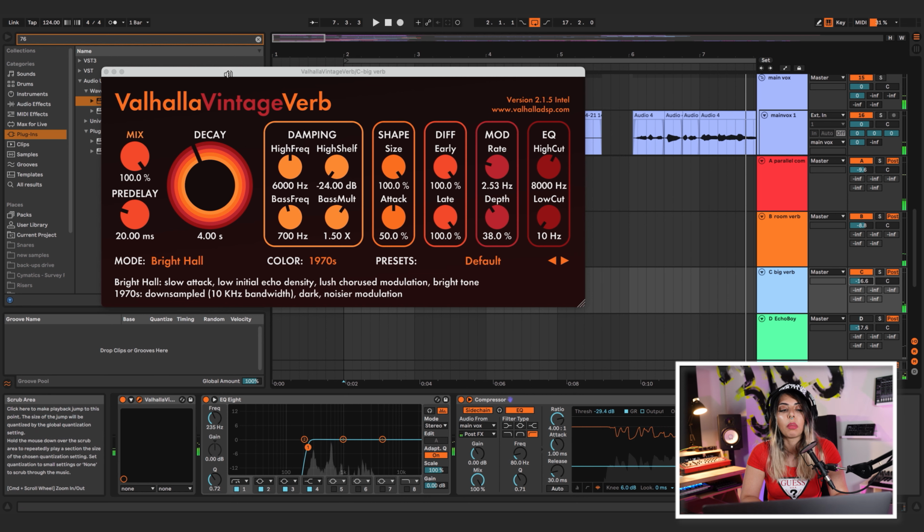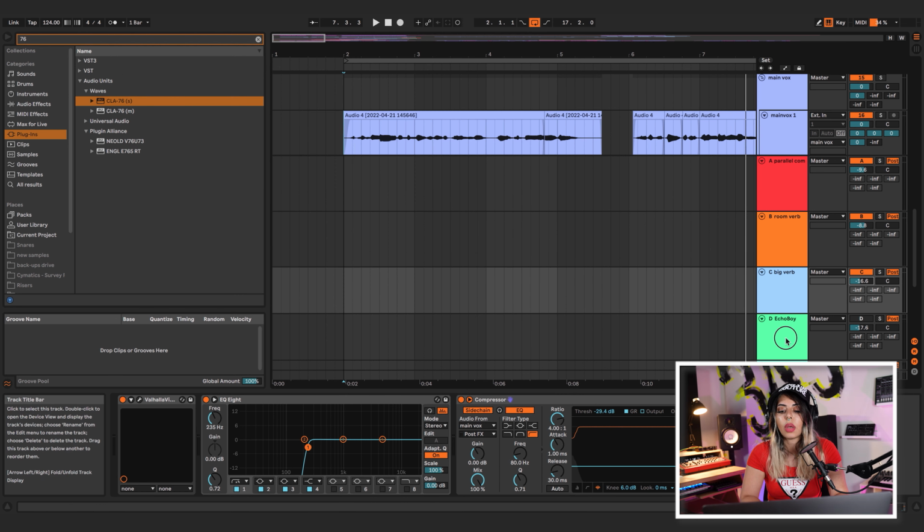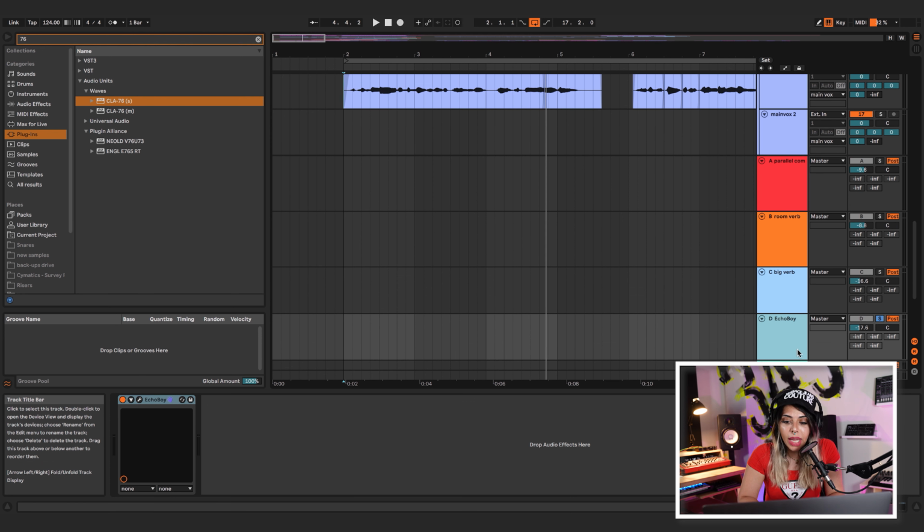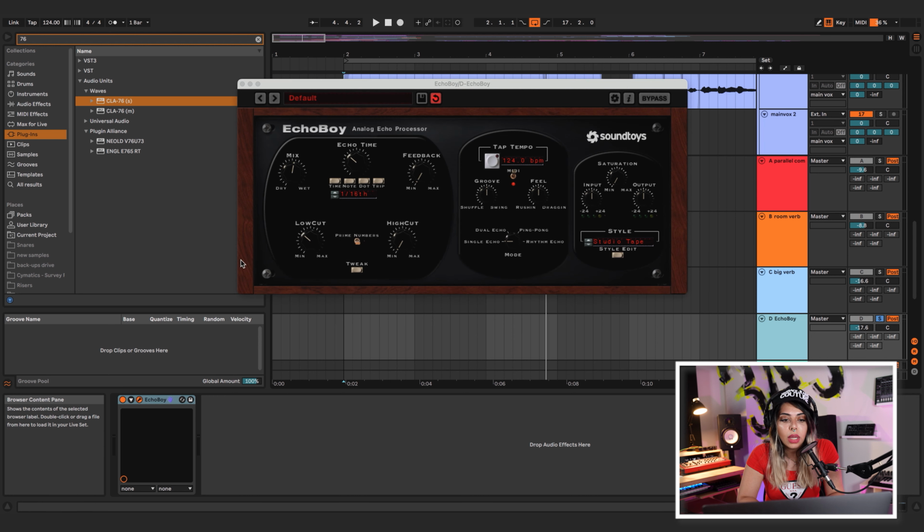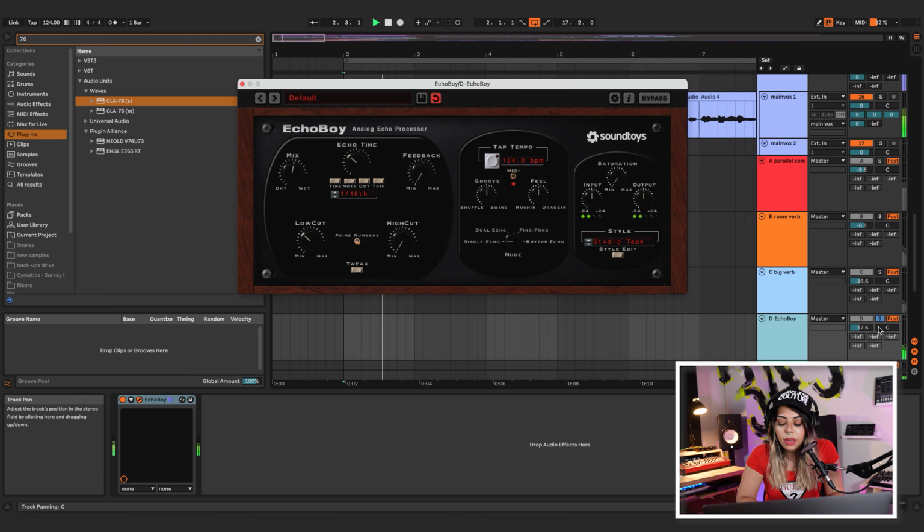Just to give the vocal more space and make sure that the reverb is not getting in the way of the vocal. So after that, we move on to delay return. So I make another return and I put my Echo Boy on it. And for this return, I'm gonna have a 16 note, send it all the way to the return again, and listen to it,